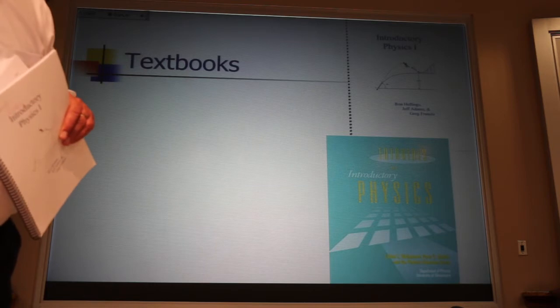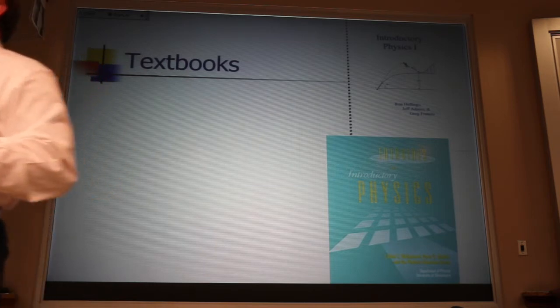Years ago, many years ago, we were using Cutnell and Johnson, which is the most popular textbook used in this level of physics course. And it costs about $240. My colleague Jeff Adams and I were team teaching the course, and we did not like their chapter on energy. I remember asking the students, please, don't read the chapter on energy. Don't read chapter 6. And our students surprised us with their answer.